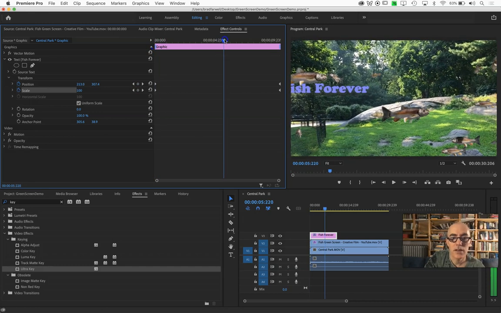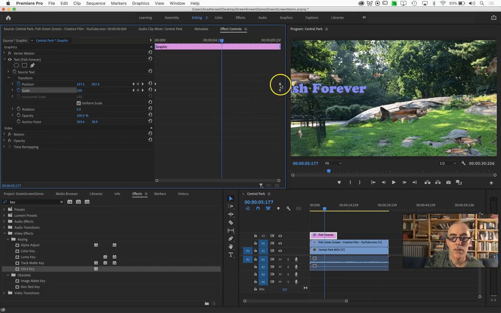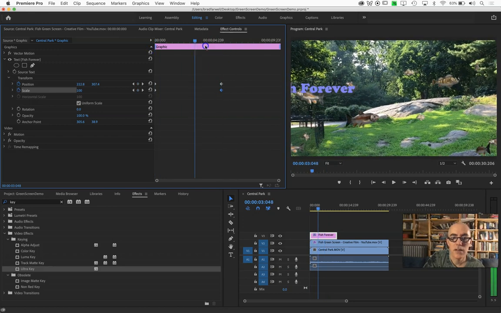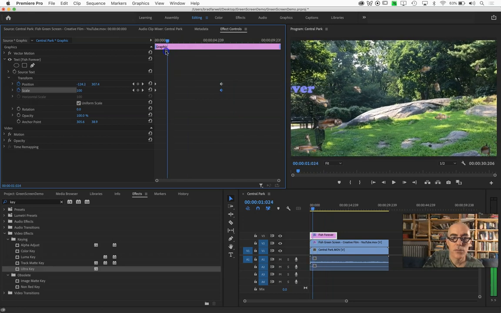So I'm going to go ahead and grab that keyframe that I put at the end and drag it over to somewhere in the middle. Alright, so now it goes from that to this. But I'd like it to wander a little bit, so I'm going to go to a point, I don't know, 20% of the way through. I'm going to add another keyframe